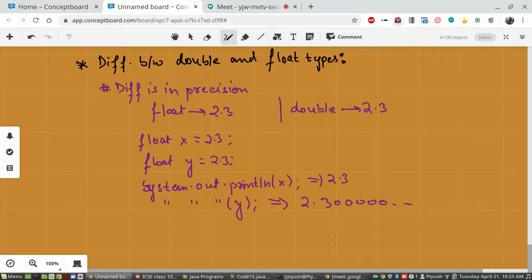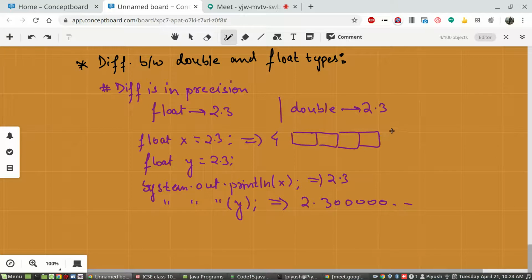So let's say one float value x uses 4 boxes in the memory. That means 1, 2, 3, 4, which are boxes, like we had discussed in the last class, known as bytes. So 4 bytes.